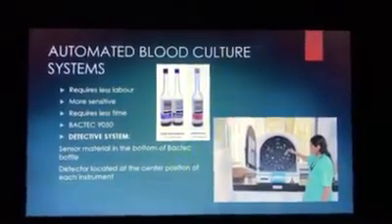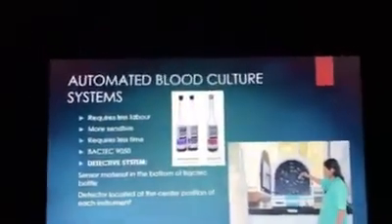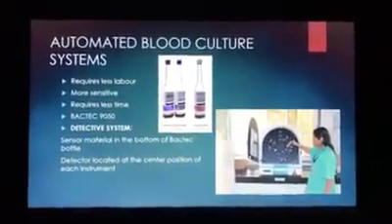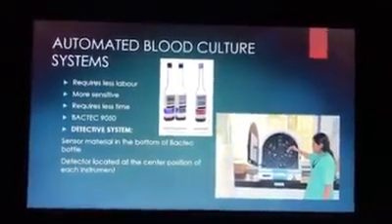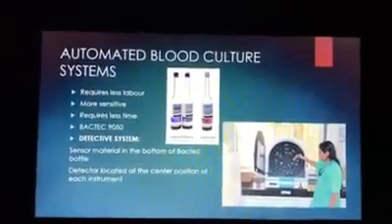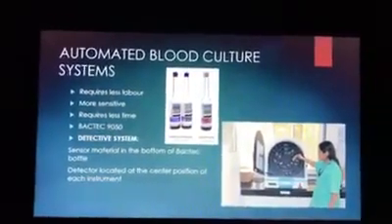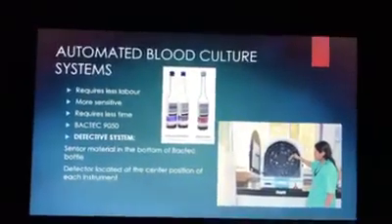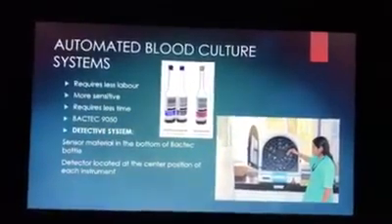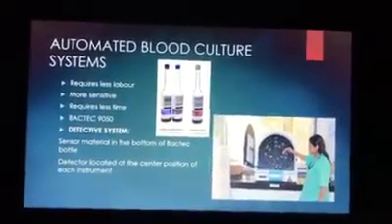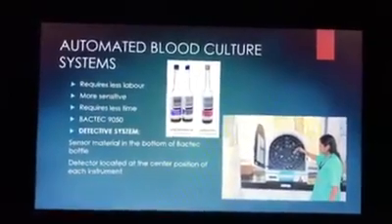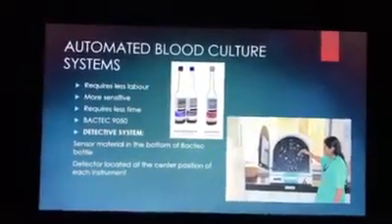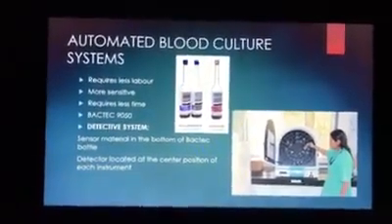So that was the conventional blood culture system. Now we're going to talk about the automated blood culture systems. As you can see, these are different bottles from those of the conventional blood culture systems. These bottles are destined for the automated blood culture system. These bottles are placed into the machine that you can see in the picture below, and these machines will show whether the blood culture is positive or negative in less time. And after that, again, the same procedure is done to identify the species, and then the antibiotic sensitivity tests.